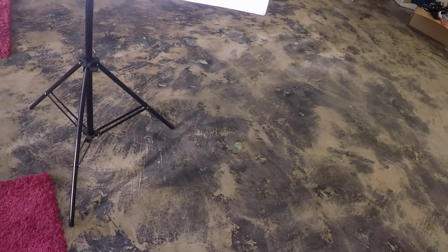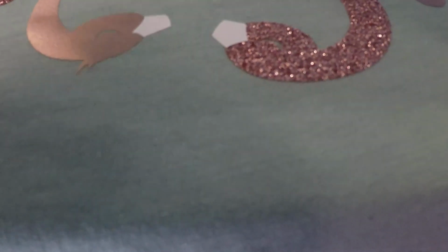Now we're going to go for our fourth and final piece. There we go. And see, we're adjusting it so those leg pieces fit right in. Now we are going to heat this for a full 5 seconds. We'll remove the plastic and then we will heat it again. And when you go in layers like this, it makes it where,